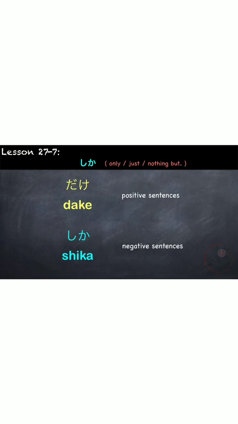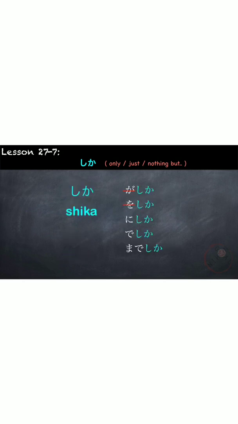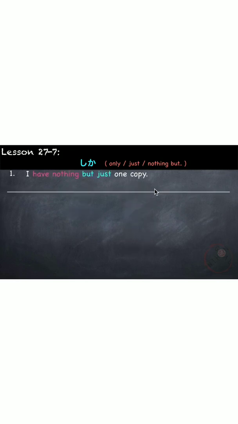It's the same as the word だけ from lesson 11, but the difference is that it's always used with a negative sentence, while だけ is used with a positive sentence. It replaces the particle が and お, but comes after particles such as に or で, にしか or でしか. For example, I have nothing but just one copy. コピーは一つしかありません。So, しか is followed by a negative verb, which is ありません。